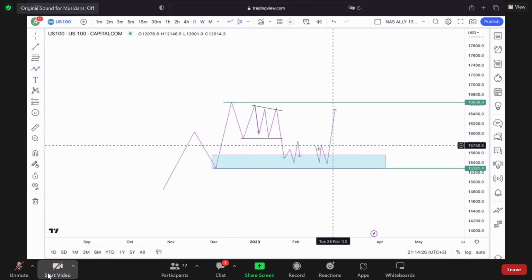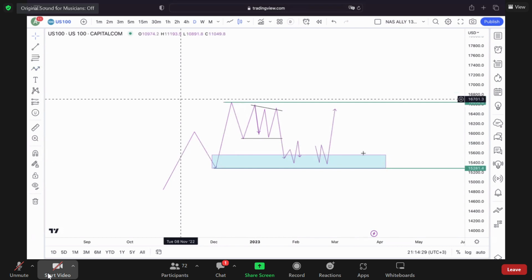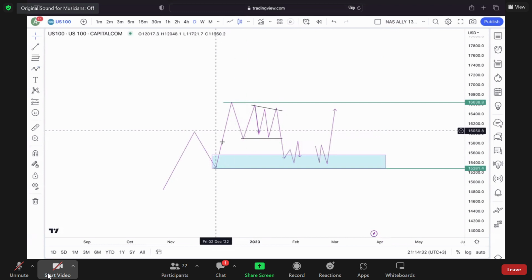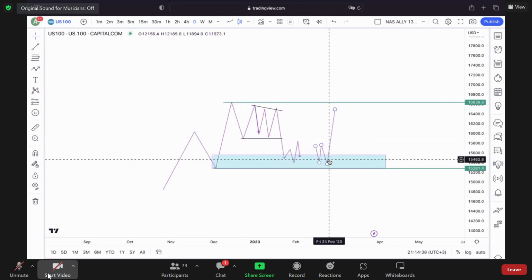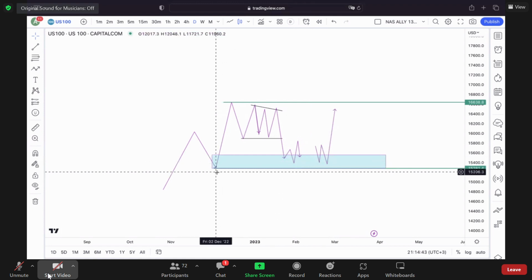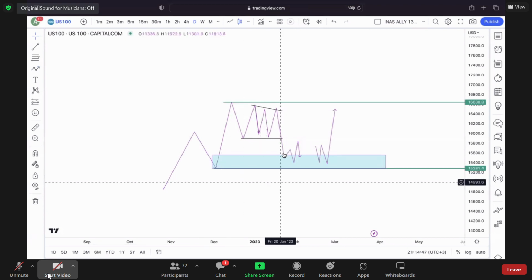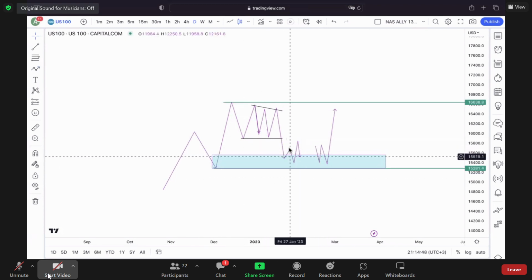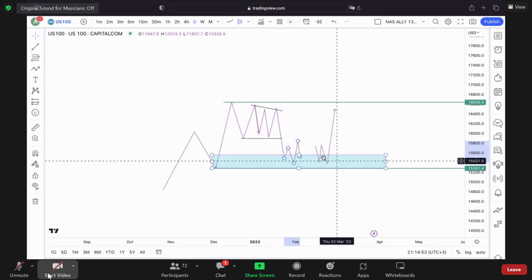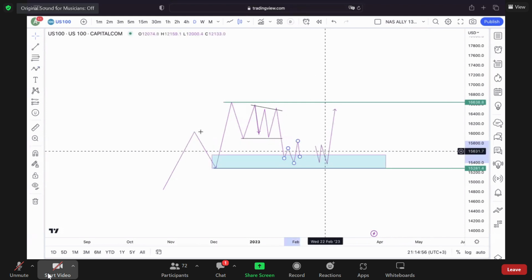Okay? But it's a risk entry at a high probability zone, and it's in alignment with a confirmation that we are bullish. So that's the only time that you take a risk entry, is if you are at a point where, firstly, you can afford to put your stop loss below the low, and you can afford to hold that risk. Otherwise, you have to scale in, and you have to look for this option rather. Okay, so there's two options: confirmation or risk. Risk entry only within a confirmation of us breaking structure to the upside.